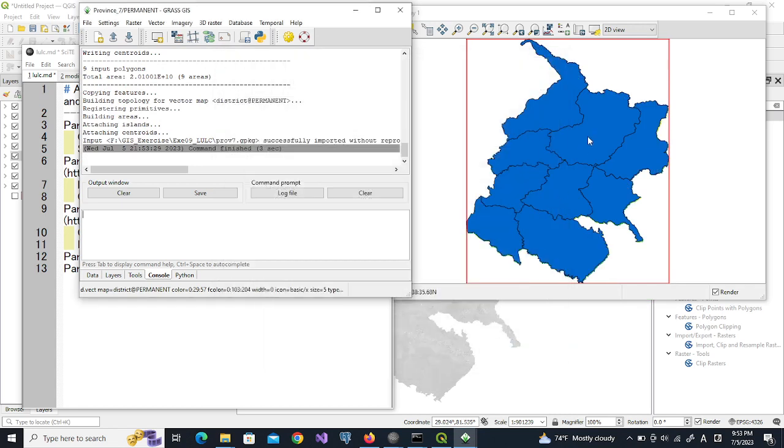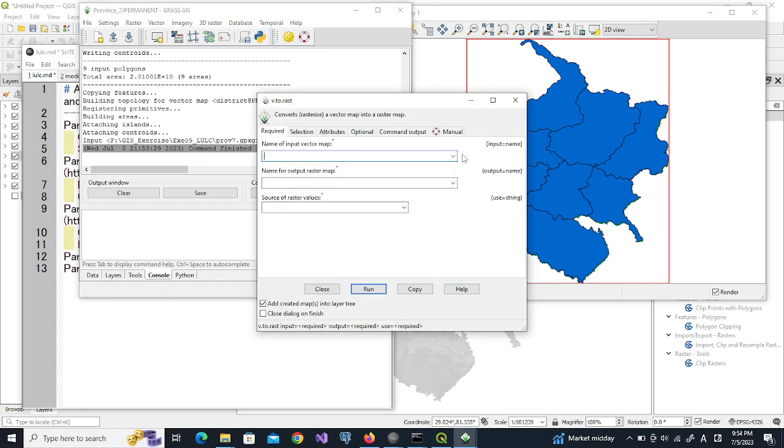So we can see that the districts are imported. So for the comparison of district and land use, we need to either convert all the data into vector, or we need to convert all the data into raster. So we will convert the district data to raster data. So v.to.raster, and name of vector map we will use district, and name of output raster map